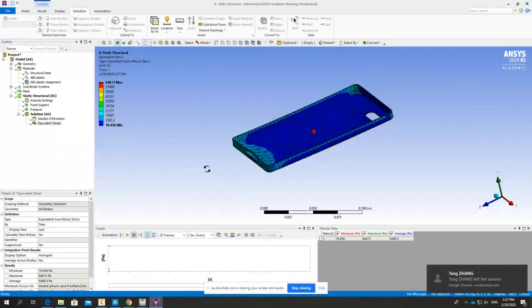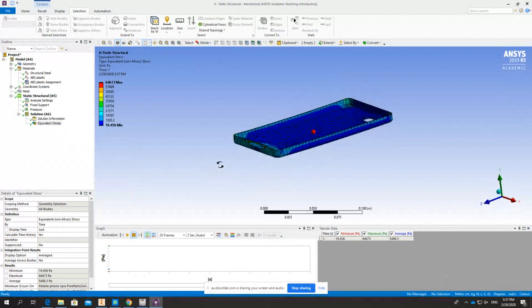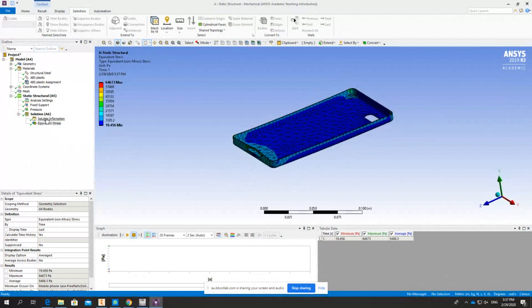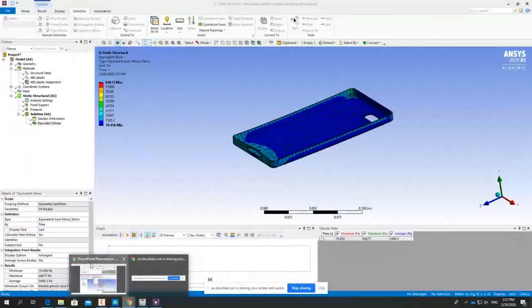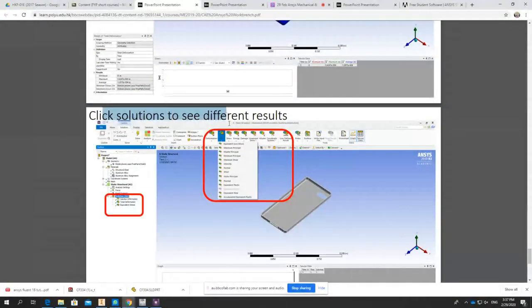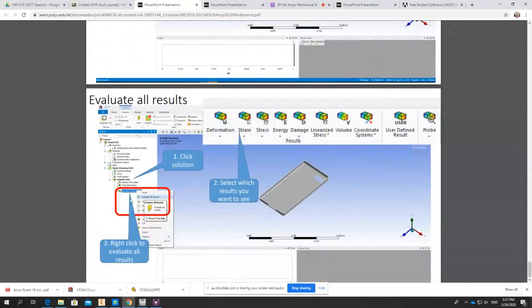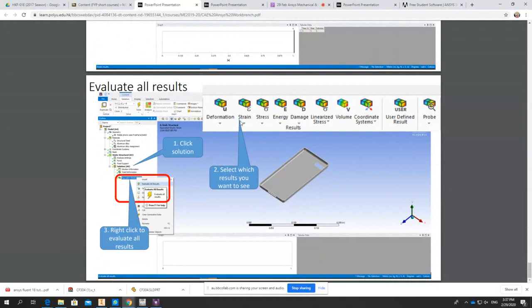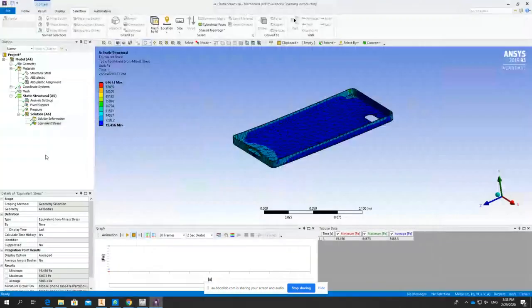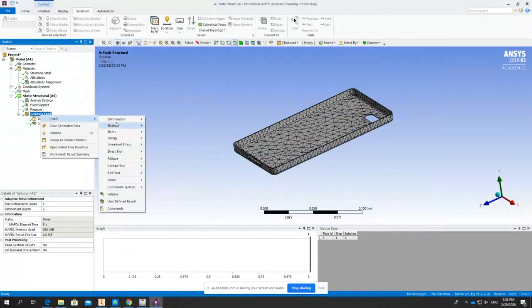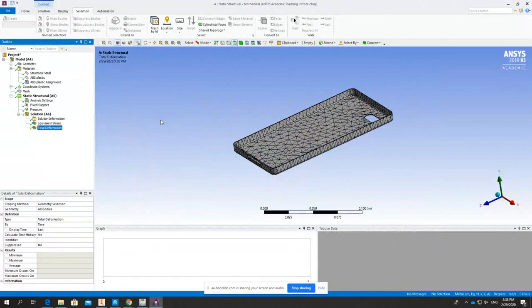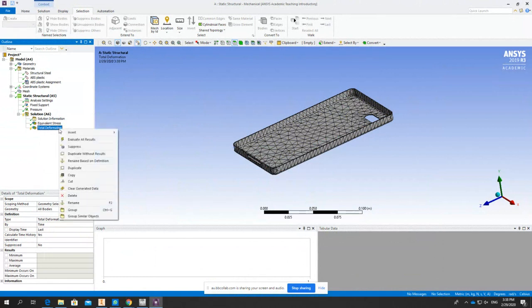So it is not that difficult for you to understand, because it uses the same skills as when you made it. In the PowerPoint notes, I have already asked you to click onto the solution and then see different results, because when you right click, you can show all of the results here, and then you can generate them one by one, like the displacement. We do not call it displacement in Ansys Mechanical. We call it deformation here. So you can also click into that one and then insert again for deformation total. And then when you want to show it,